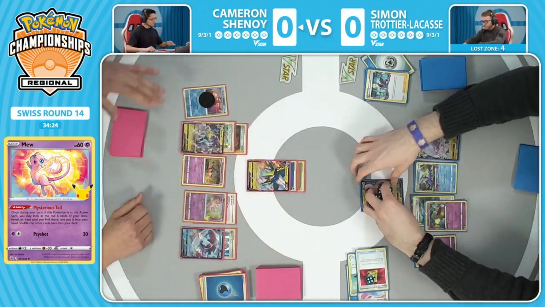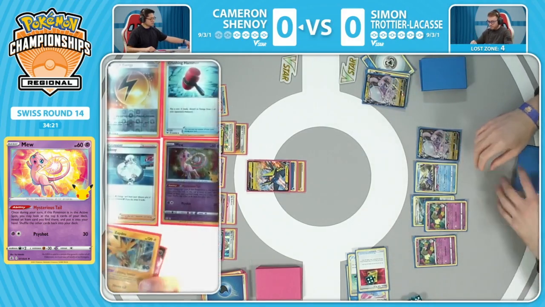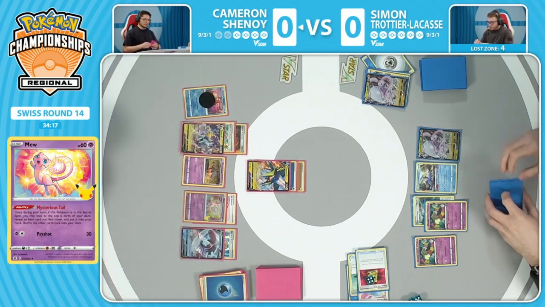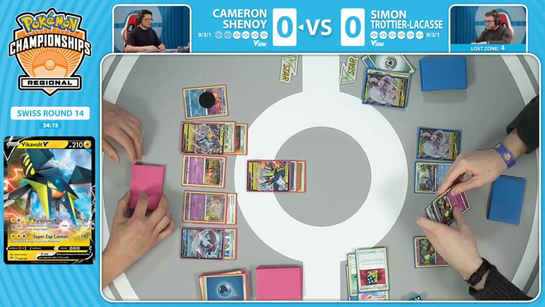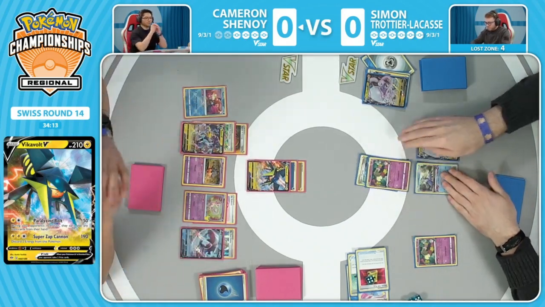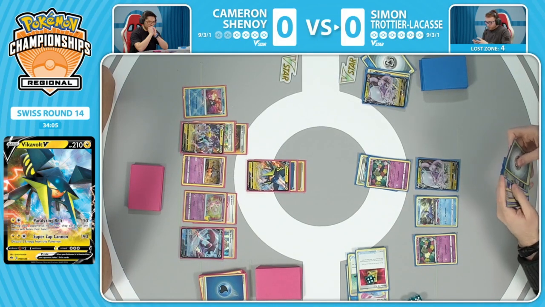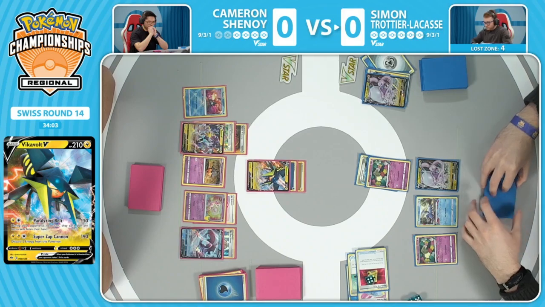And that's why Cameron, who has so many options available, decides to just take a more straightforward route. I'm going to just take the knockout, especially since I already put so many turns of damage into this Gudra V. The longer I wait, the higher the chance is we get that Moisture Star to undo that progress. Just takes the 2 prizes, and now Simon gets a little bit more breathing room by having a Comfey in